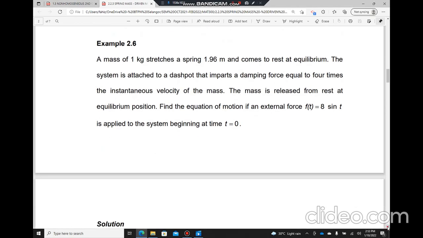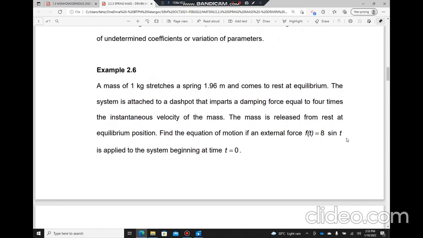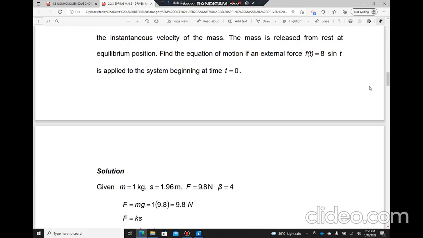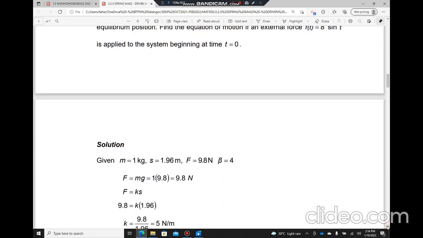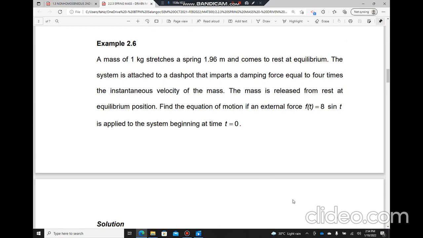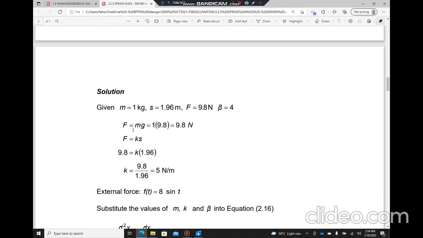Okay, so buat macam biasa, first kita kumpulkan information. Information yang kita ada kat sini, M equals to 1 kg. So, M equals to 1 and then S equals to 1.96. Kat sini dia kata stretch spring. Okay, then F equals to 9.8. Dia tak ada cerita kat sini. Walaupun tak ada cerita, kita boleh cari dari mana F. So this one, from this formula, F equals to mg, since m equals to 1 and g equals to 9.8, so your F is 9.8